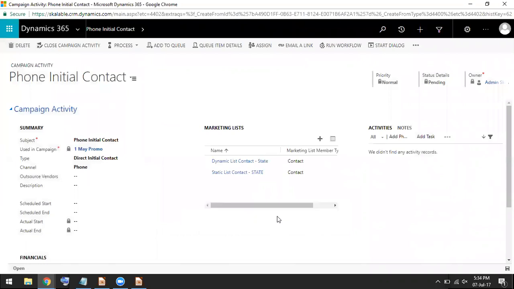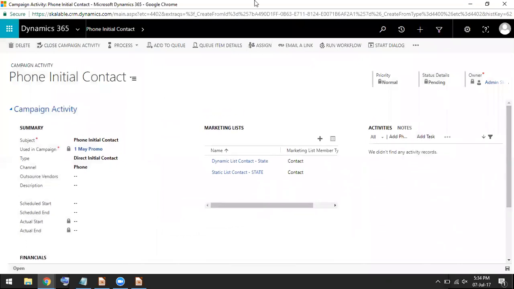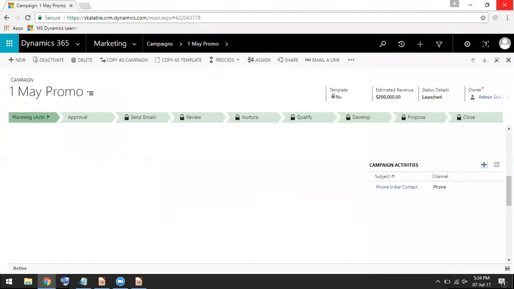So the campaign activity, phone call activity, is created against the marketing list. To see these records, you actually have to go to the activities page.